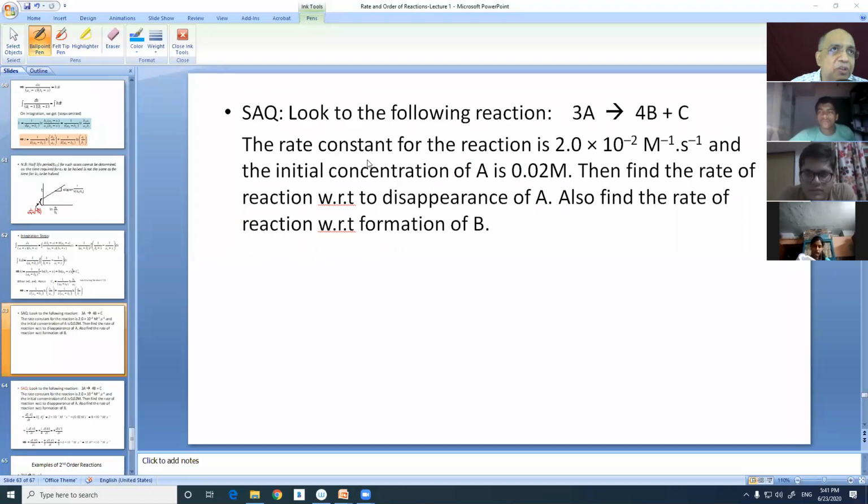Then let us solve this before we close. Let us solve this problem and look at the following reaction: 3A gives 4B plus C. Here 3, don't be swayed away. 3 means it is a third order reaction? No, order of reaction is experimentally determined. Who can tell me, how could you know that this is a second order reaction? Raise your hands and tell me. Read the question first. I give you 1 minute.